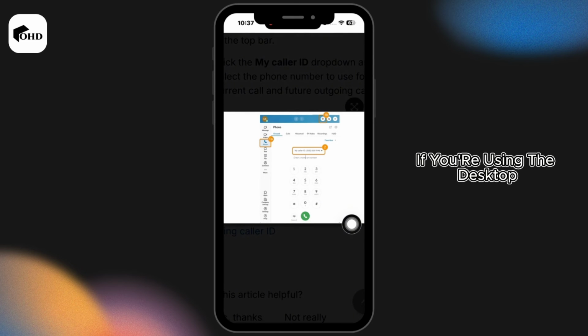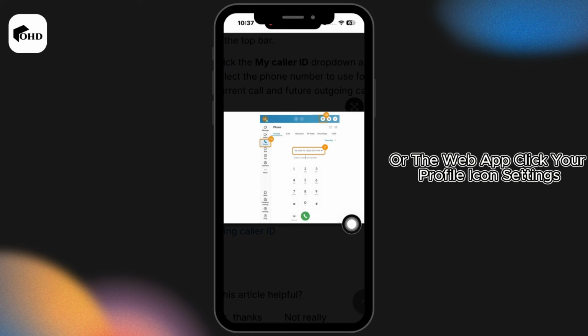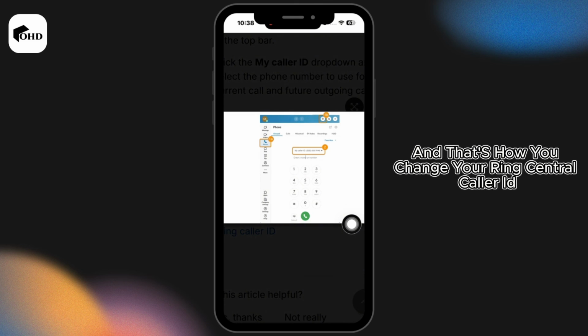If you are using the desktop or the web app, click your profile icon, Settings, go to Calls, Outbound Caller ID and choose the number from the drop-down. And that's how you change your RingCentral caller